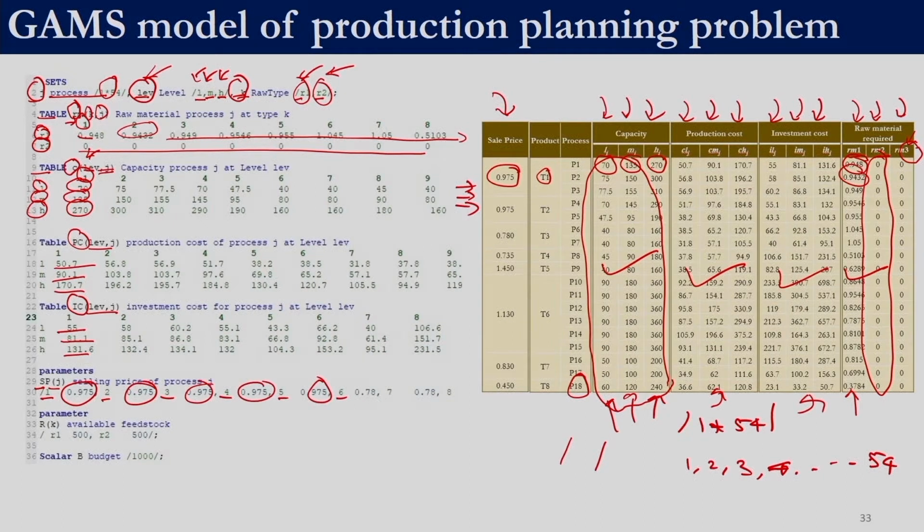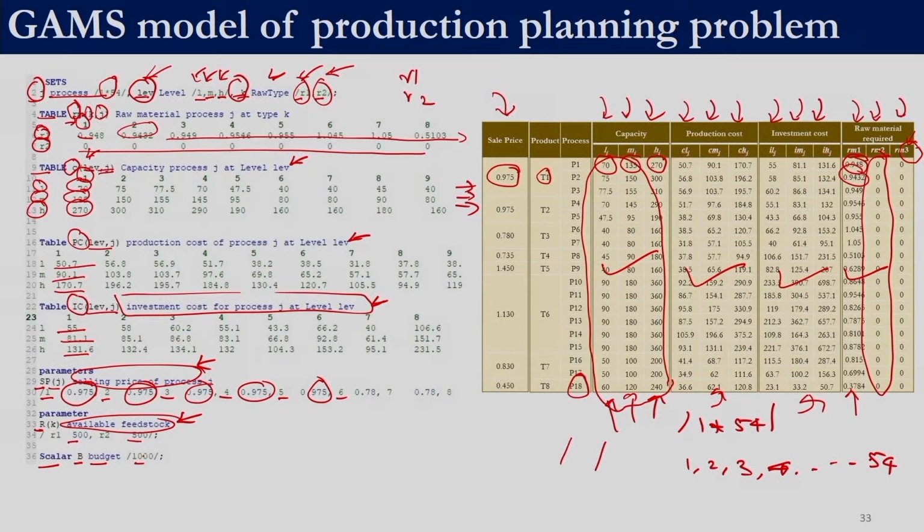We have one more parameter on the amount of raw materials which are available. So, we have two types of raw materials. So, we define a parameter R, right, it runs over the set K, and set K contains these two values R1, R2. So, the value of raw material 1 that is available is 500 and the value of raw material 2 that is available is also 500, right. So, all these which you see over here are description of the appropriate variable. We also define a scalar B to denote the budget, right, and the amount of budget that is initially available is 1000. So, we supply that using the syntax of GAMS.